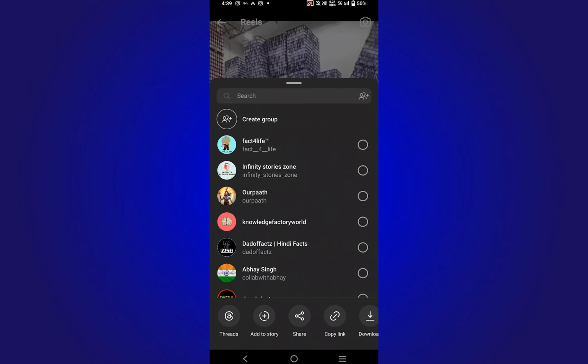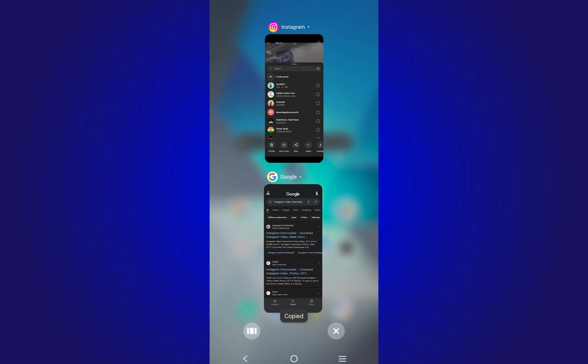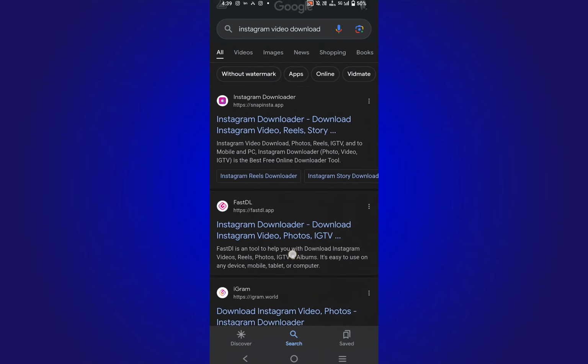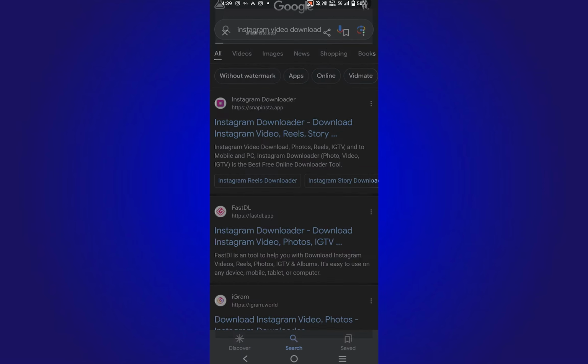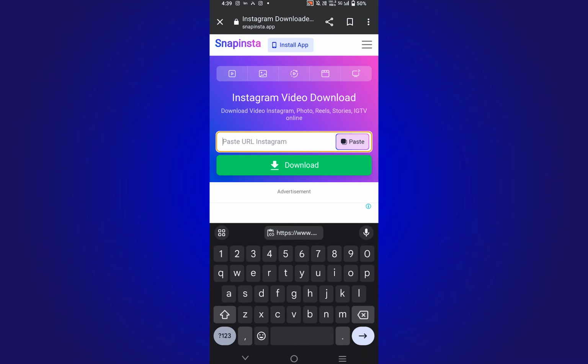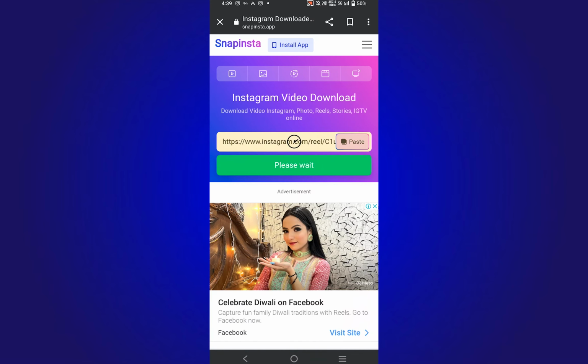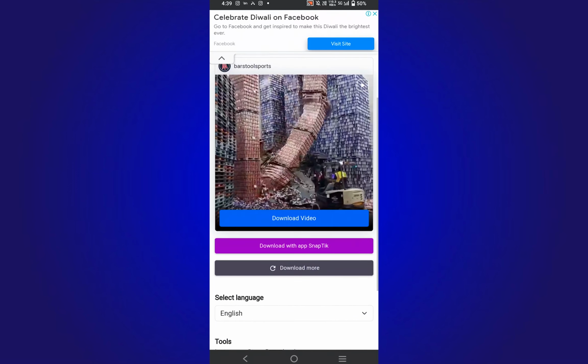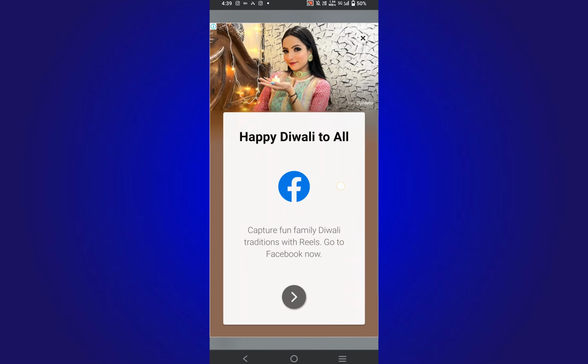Just copy the link, and from there go to Google and type Instagram download, Instagram video download, and from there you will get a lot of websites. So I'm going to click the first link, and from there you just need to paste your link, and from here just click download, and from here just click download video, and yeah, your video will